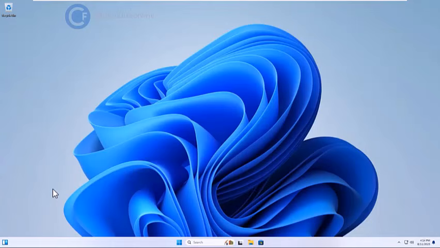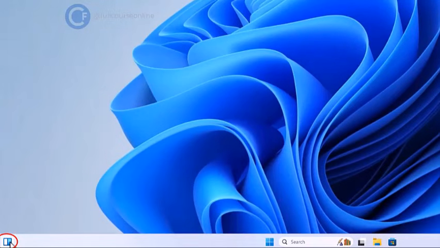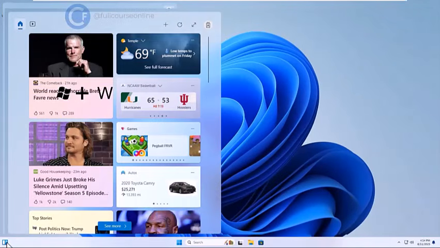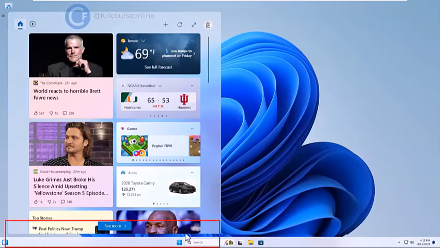The first is Widgets. To open Widgets, move the mouse pointer to the left edge of the desktop and the widget panel will slide in. Or press Windows key plus W on the keyboard for an instant open. Widgets are small live information cards, weather, news, calendar, stocks, and more that slide in from the left side of the screen. You can see that widgets are designed slightly raised above the taskbar so they don't overlap and clutter